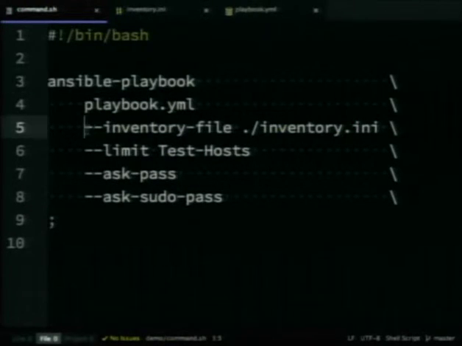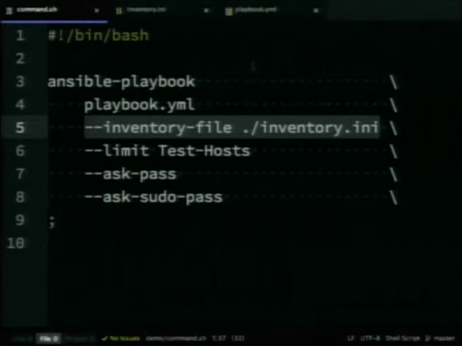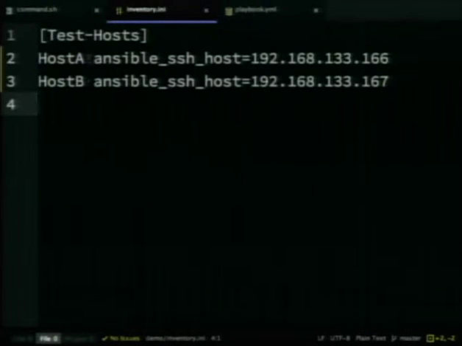We'll start with the inventory file, if only because it's the next tab over. It's really simple. And all that really matters is the text that is the most to the left. So the test hosts and the two host names. Now in this case, I've assigned some IP addresses. That way I can rotate them because they are virtual machines. They have different IP addresses every time. But all that you would need in a stable environment are these host names. If it can look it up, then it'll use that, look it up, do what you requested of it. If it can't, there are helper variables that you can set, such as the IP address of the machine you're talking to.